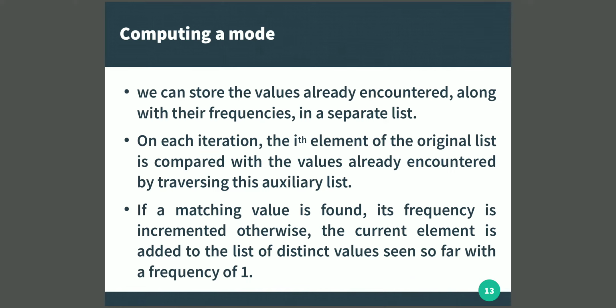On each iteration, the ith element of the original list is compared with the values that are already in this secondary list, or the auxiliary list. If the value is found in this auxiliary list, we increase its frequency by 1. Okay, we increment it. Otherwise, if it is not found in this auxiliary list, we add this current element and set its frequency to be 1. Okay, and we repeat this procedure for every other element in the list.